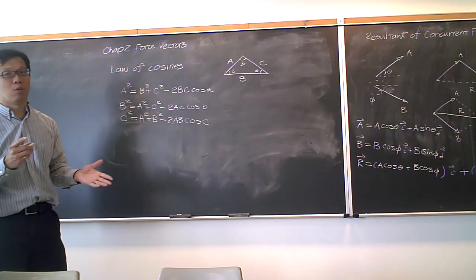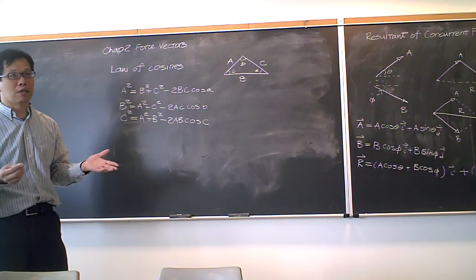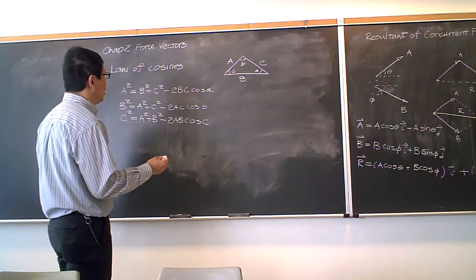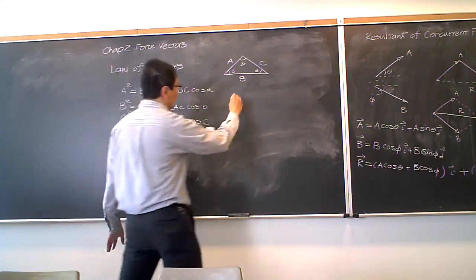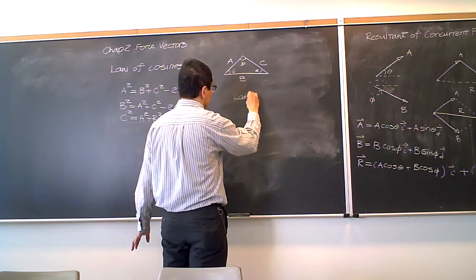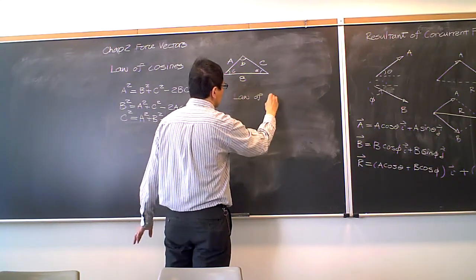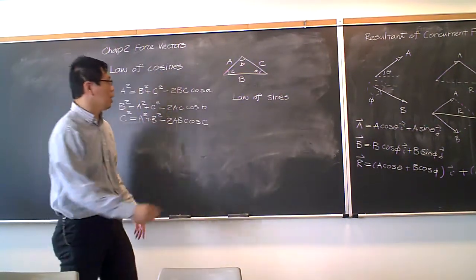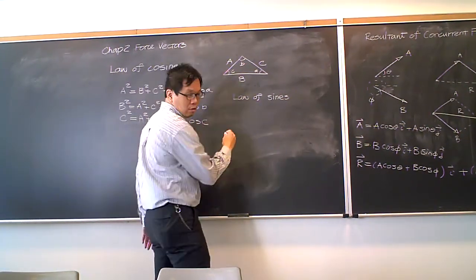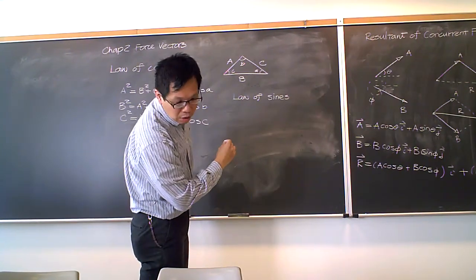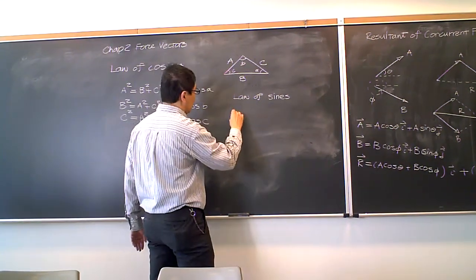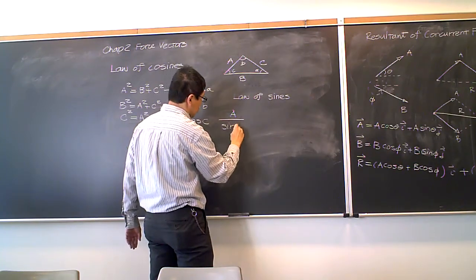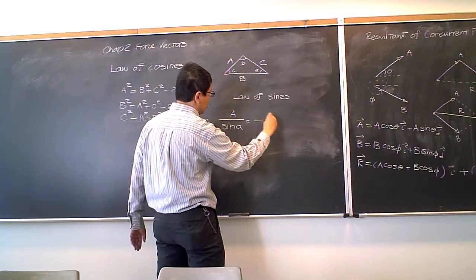But sometimes you only have lengths, you might have some angles, and you need to use some specific combinations. There is another set of formula, which is the law of sines. Okay, the law of sines says that A divided by the corresponding angle's sine value equals B